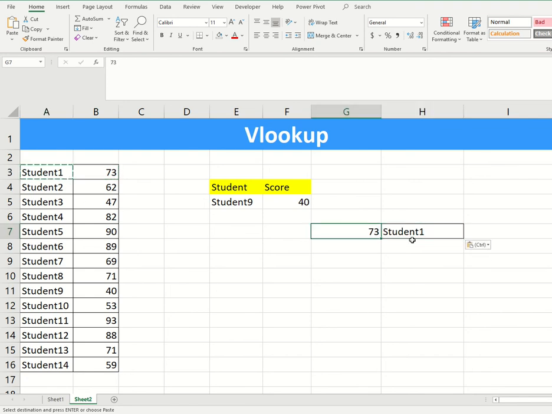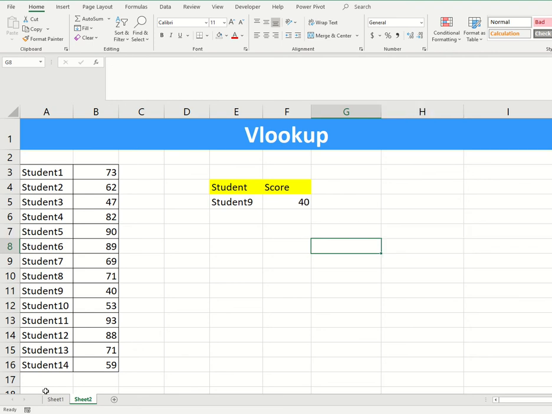In this case you cannot perform the VLOOKUP operation, that means right to left. The VLOOKUP formula always works from the leftmost column to the corresponding right columns. Please make a note of this: VLOOKUP will not work from right to left. VLOOKUP will work only from left to right.